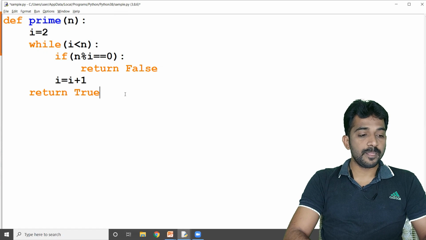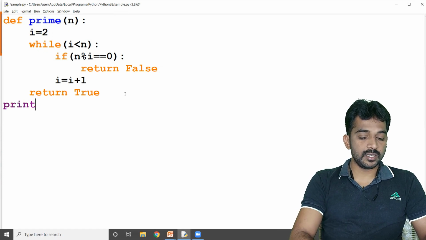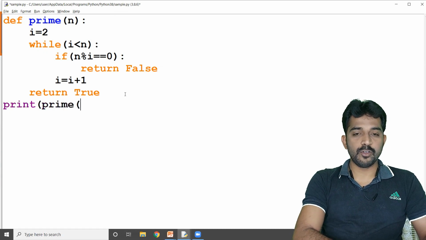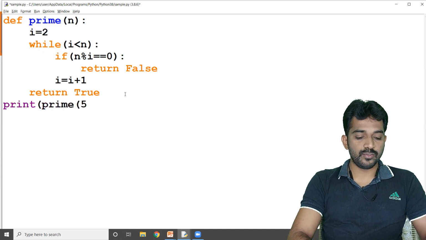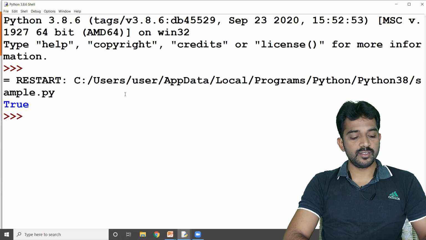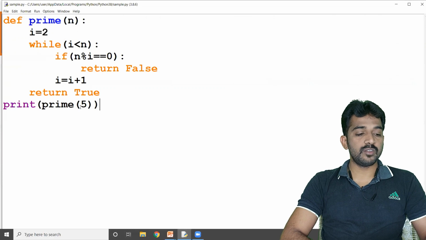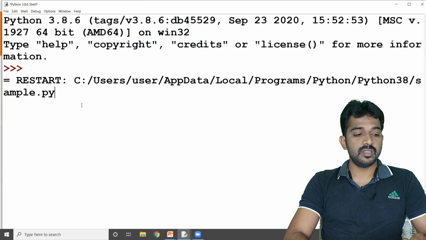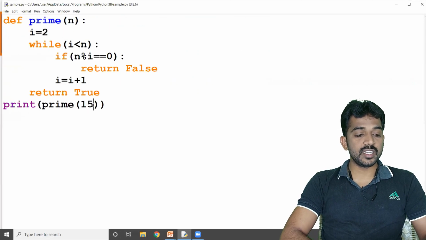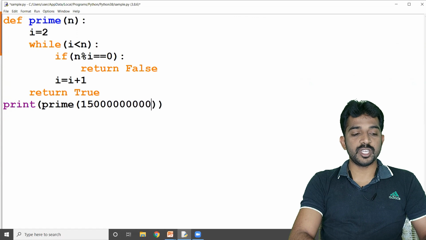Then what happened? See, print prime of 5. What is the output? It's true, right? 5 is a prime number. For example, if you consider 1, it's false, right? For example, if you consider a value that is very big here,